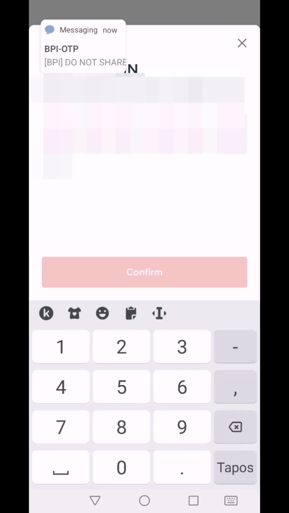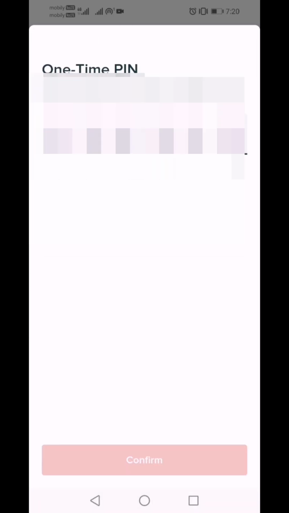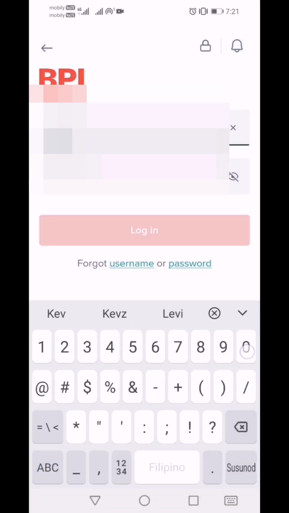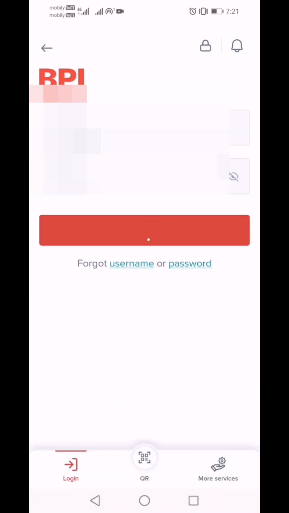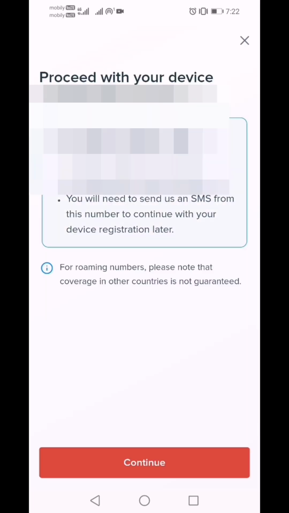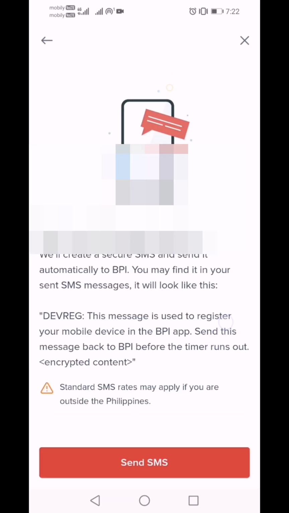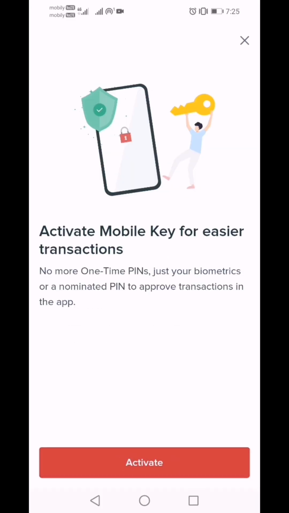Now you will create a username, which is very important, do not share, and a password, which is also very important, do not share. And then you must have an active email account. In a few minutes or a few seconds, the OTP will come, and then just put in the OTP. That's why I told you it's very important that you have an active number, and the number must be your own number, not another person's or a friend's, because you are the only one who should have access to your account. After the OTP is received, the screen will be like this.